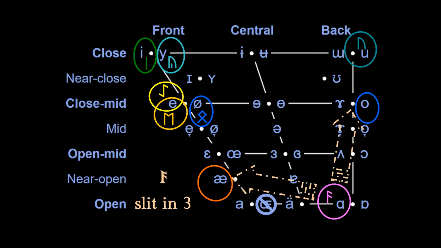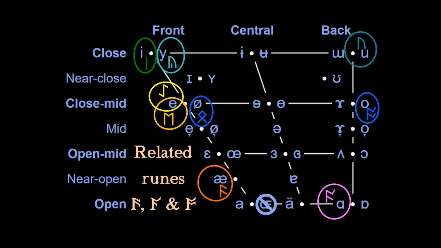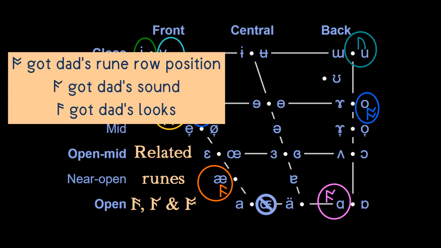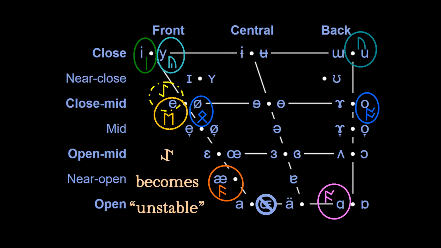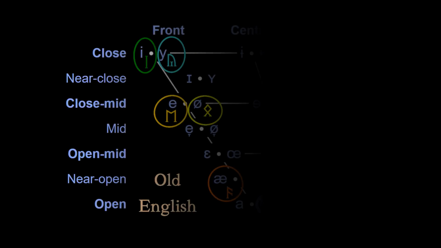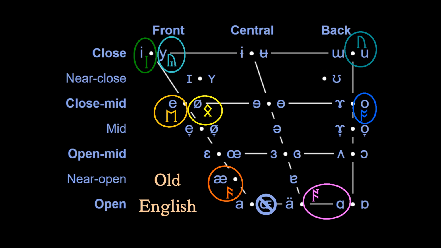While all that was going on, Ansuz looked around and was like, "Hey, all my neighbors cleared out. I guess this is free real estate." So he gave his three sons, Ark, Ash, and Ors, their inheritance and went into retirement. Io then got sick of everyone overcrowding him and had a breakdown. But that's a story for later. That brings us to the beginning of the story of Old English runes.